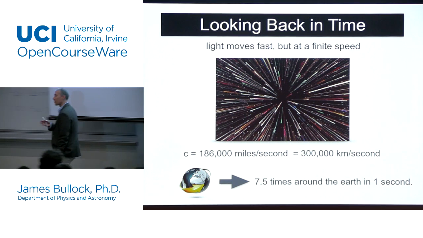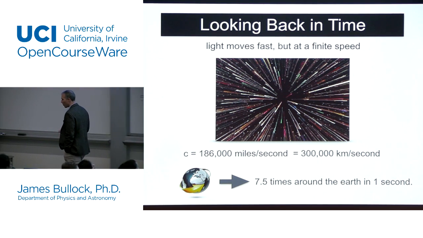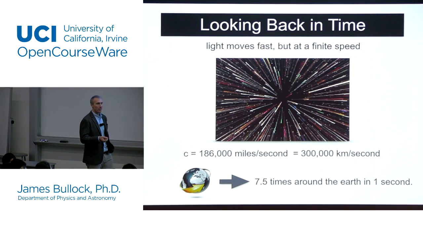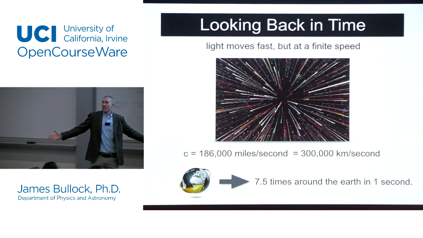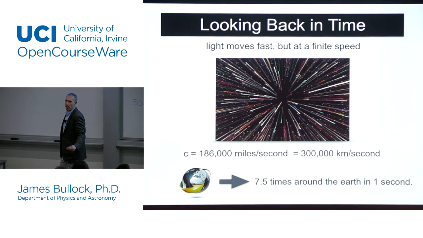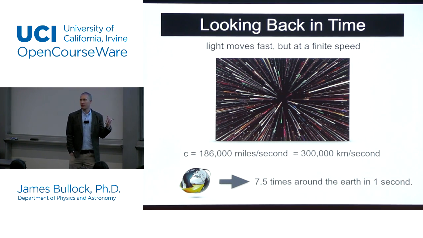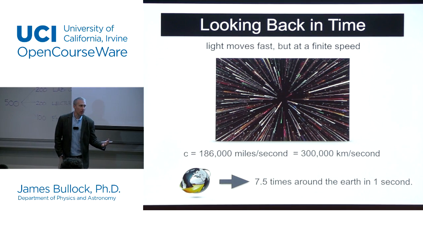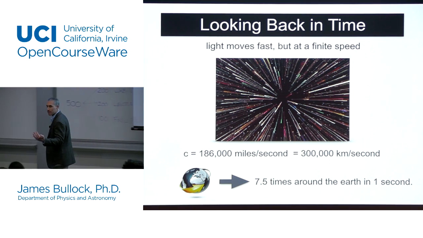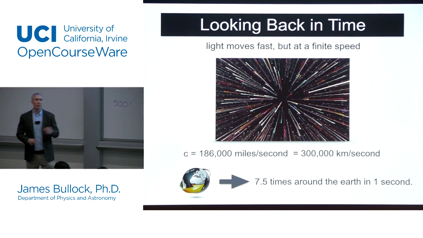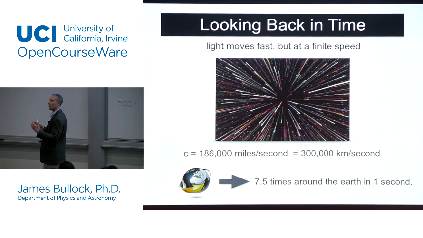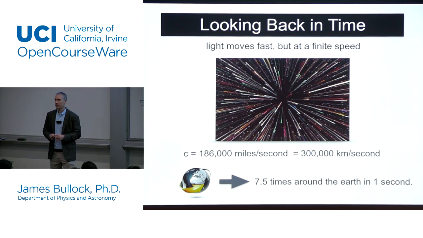There's one more concept I just want to introduce now that will be important later in the course. It sort of has to do with time, but it has to do with the finite speed of things. When you're talking about something that takes 14 billion years to happen, that's a very long time. It's very non-intuitive. We're not used to dealing with things that take that long to occur. Also, the universe is really, really big. I've talked about this before, how big the galaxy is. So the thing we're used to getting information from, and the thing, in fact, astronomers get most of their information about the universe from, is light.